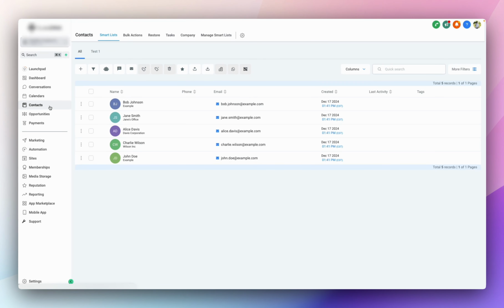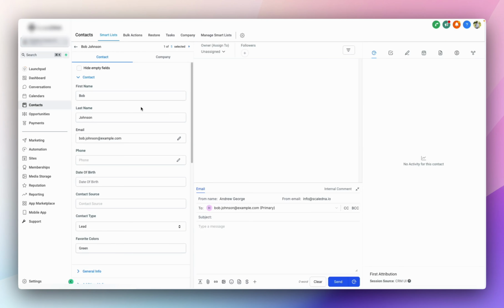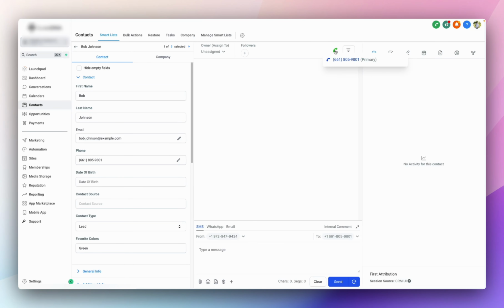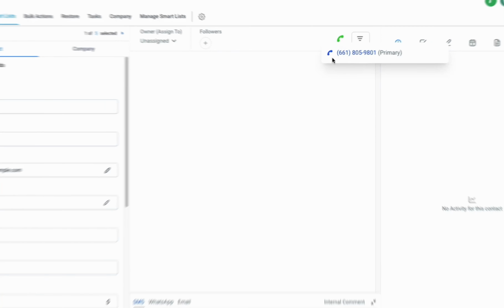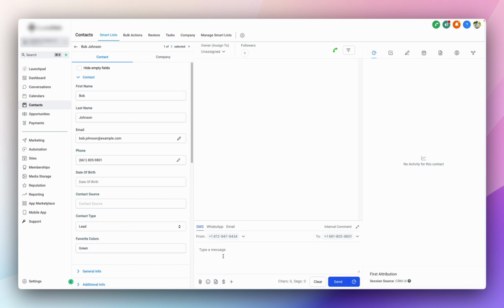If you'd like to make a phone call to a contact, navigate to the contact screen, open up the contact card that you would like to make a phone call to, and click the Call Connect button in the top right-hand side of the screen. This is where you'll be able to call the number directly from your computer. If you'd like to send an SMS to this contact, navigate down to the Type a Message section, type your